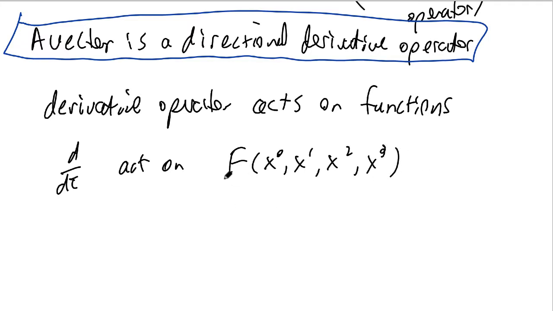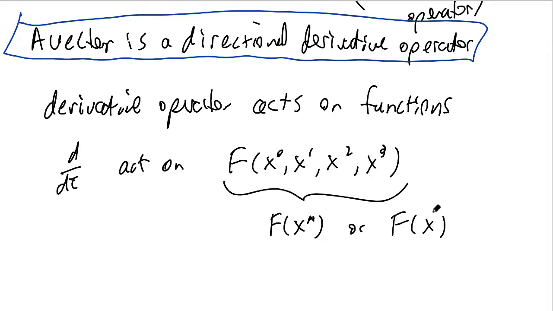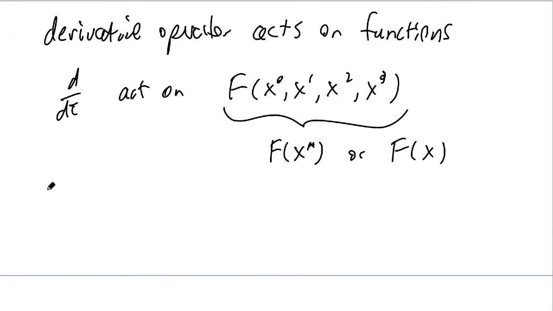And by the way, sometimes I'll denote a function like this as f of x mu. Or even for simplicity, I might write f of x, with the understanding that this x stands for all of the space-time coordinates x0 through x3. So now let's let this operator act on this function of space-time and use the chain rule. So d by d tau acting on f